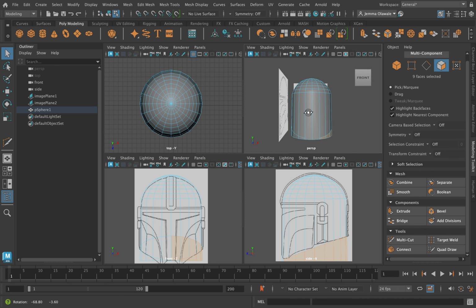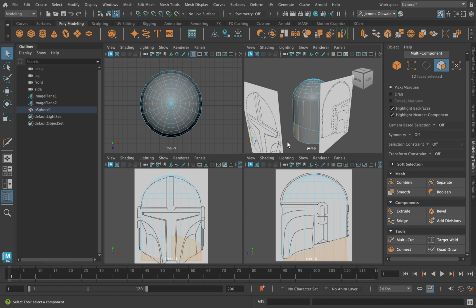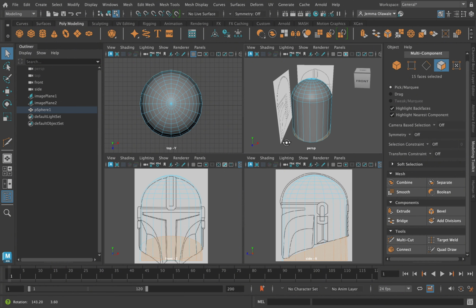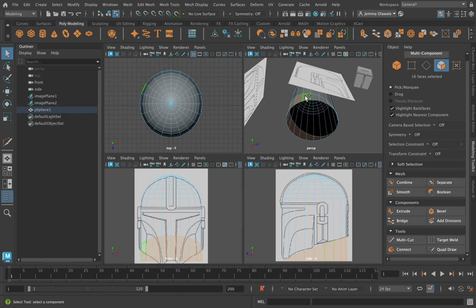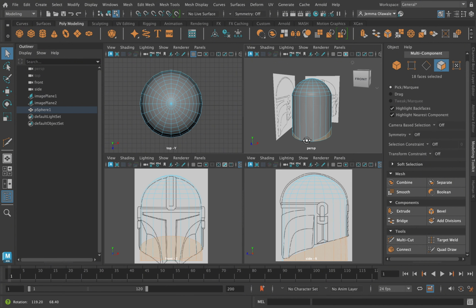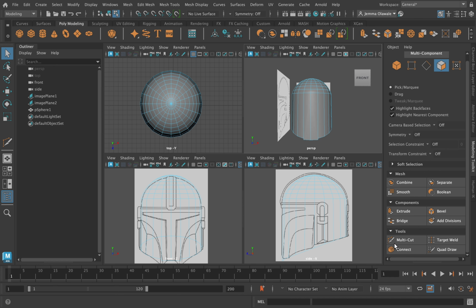We have to basically select every part. Okay, now delete. As you can see, there's still a little bit of unevenness there, so with the multi-cut,